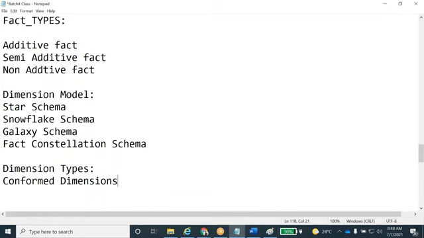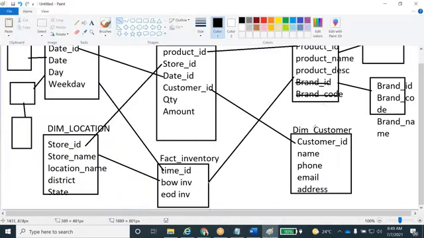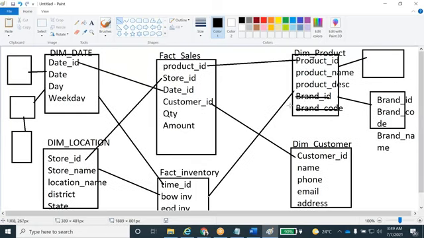The same dimension we are going to use in multiple fact tables, those kinds of dimensions we call conformed dimensions. Examples are product dimension, time dimension, and location dimension. These dimensions we use in the sales table, inventory table, purchase table, or stock ledger. In many places we use these kinds of dimensions, so we call them conformed dimensions.